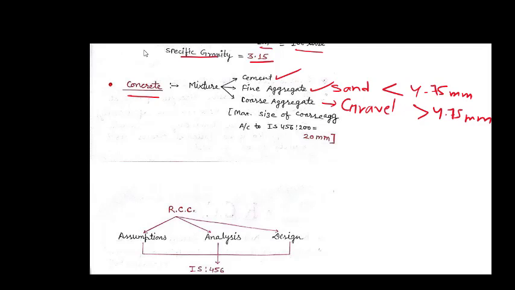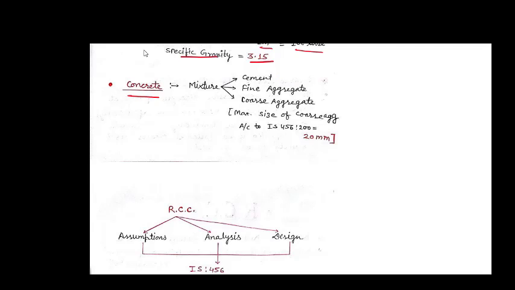Okay, the maximum size of coarse aggregate used in preparing RCC is 20 mm. So you have to remember this, that the maximum size which we will adopt while making RCC is 20 mm according to the IS code